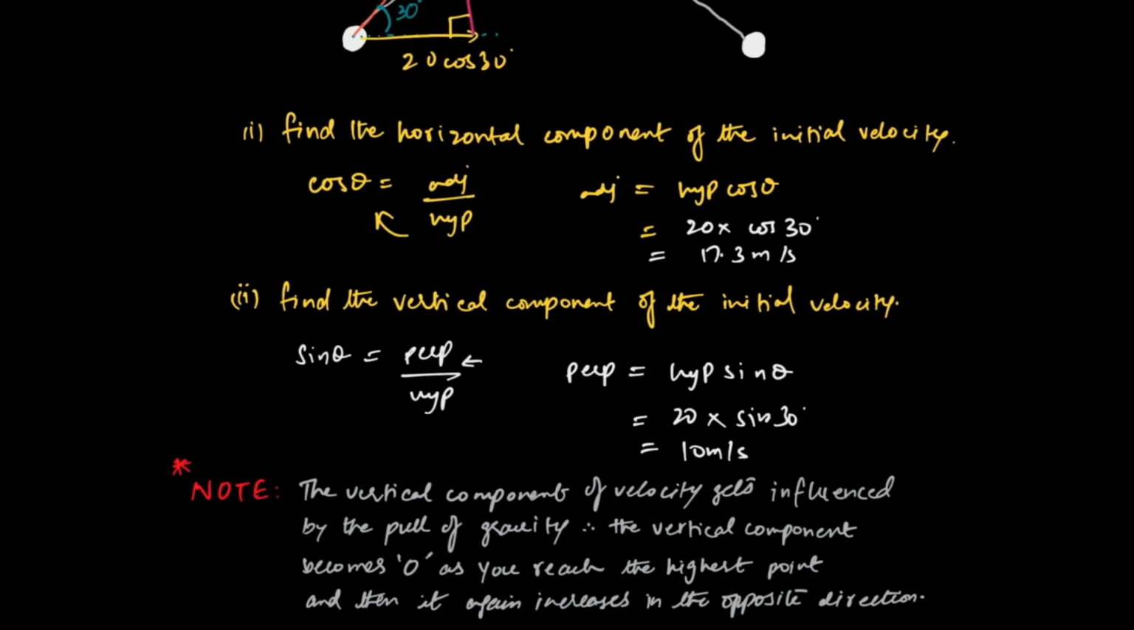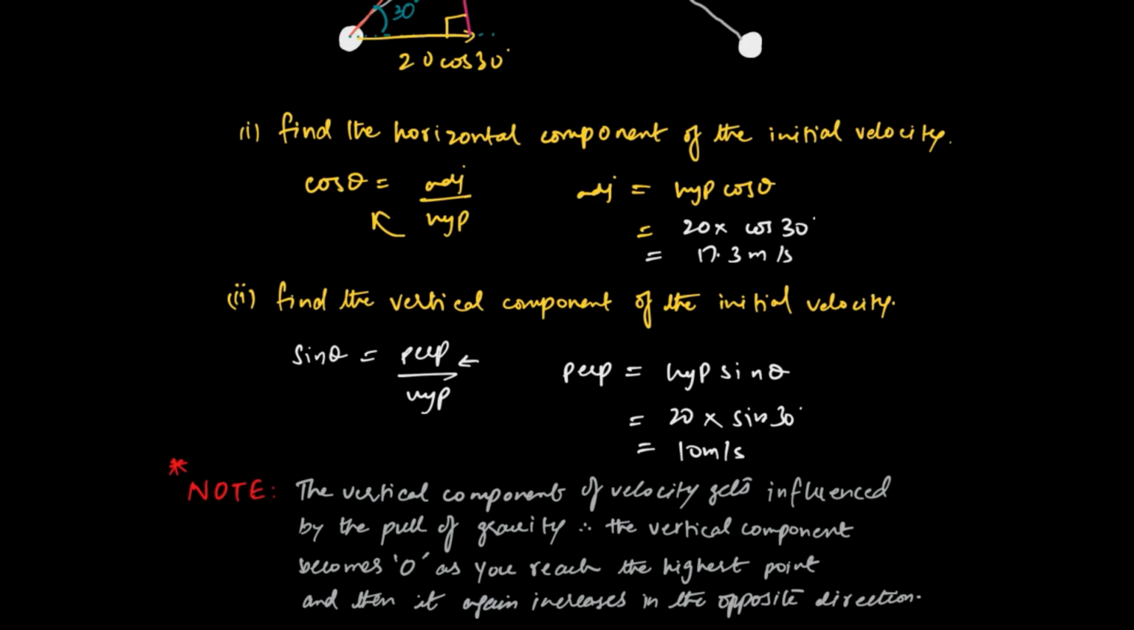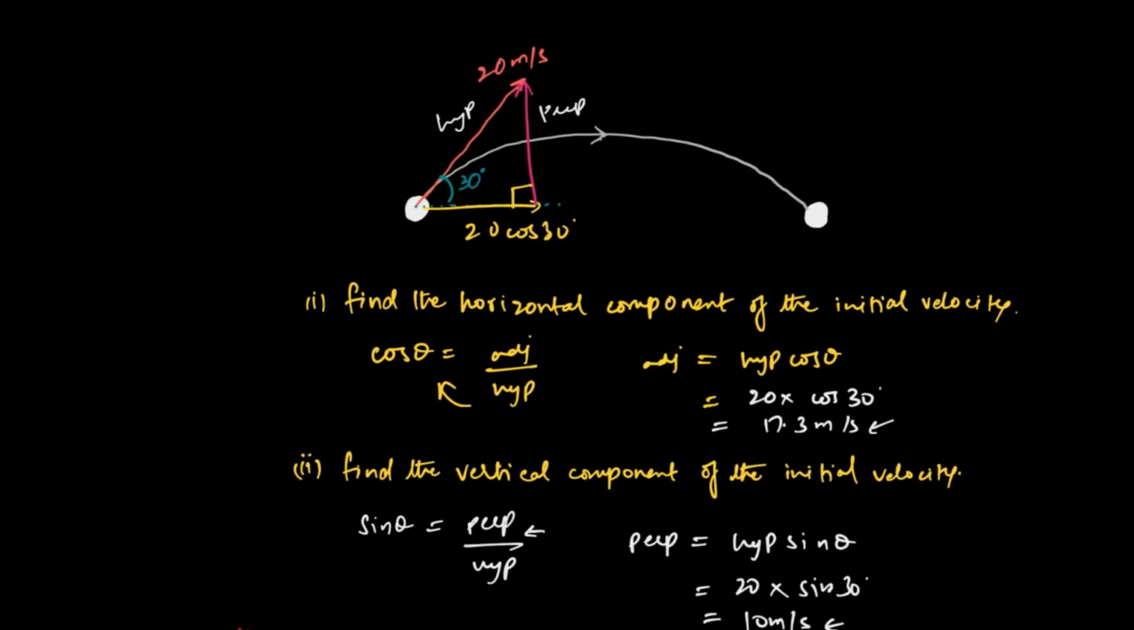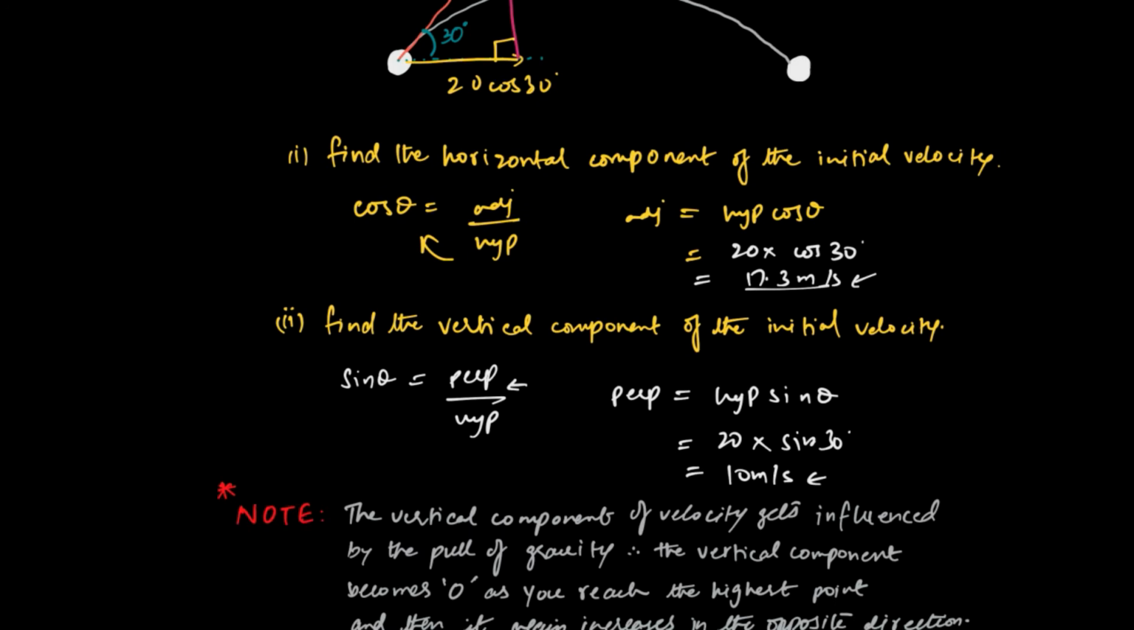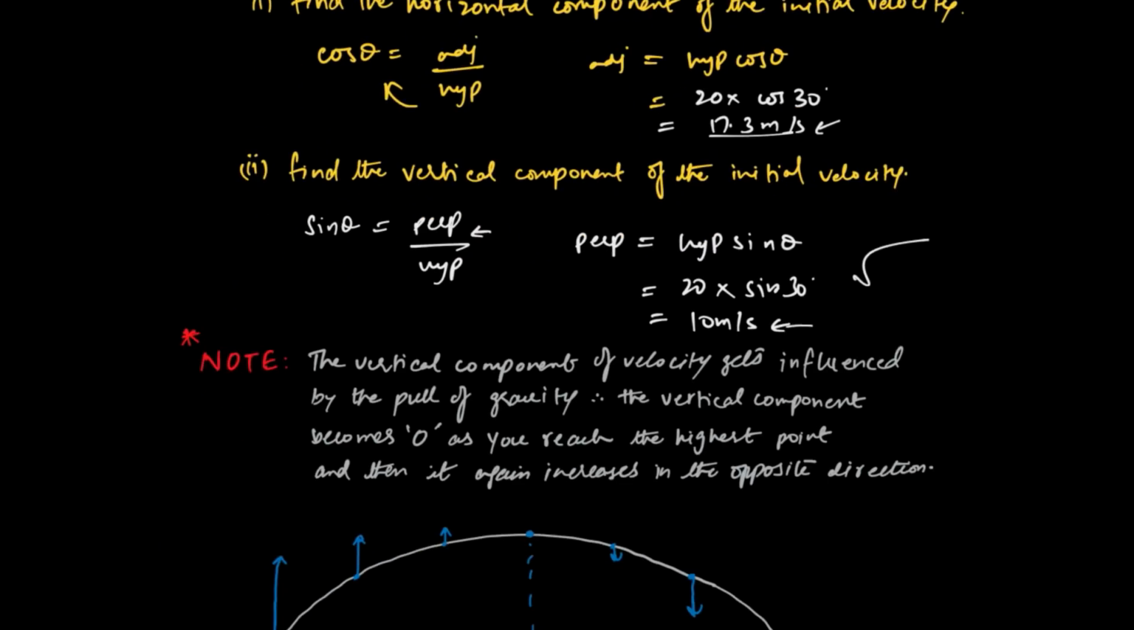And the best way to confirm whether the answers 17.3 and 10 meters per second are correct is to find the resultant velocity, in this case 20 meters per second, by using the Pythagoras theorem. Square this and square that 10 meter per second component, add the squares of these answers and then take the square root, and you would get the answer 20 meters per second. So moving on,